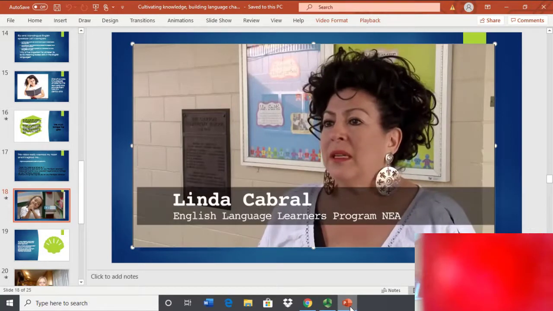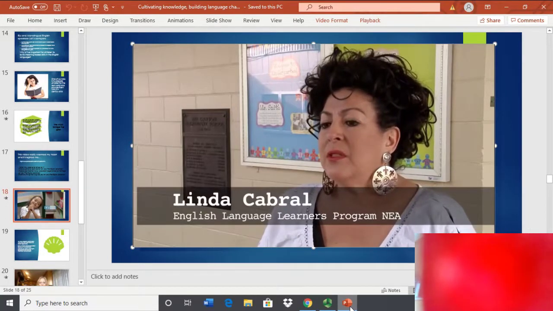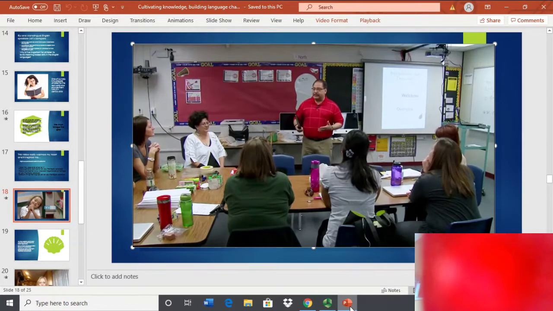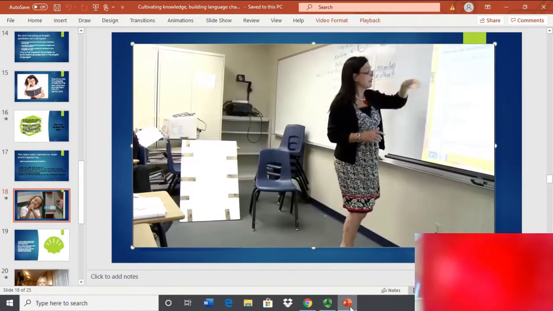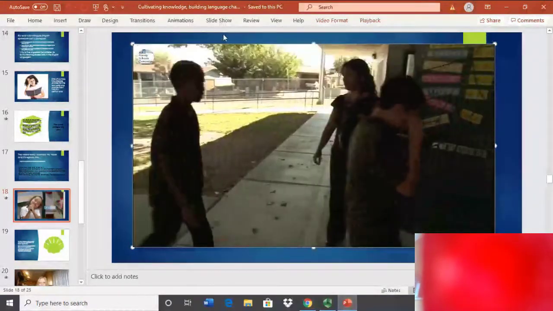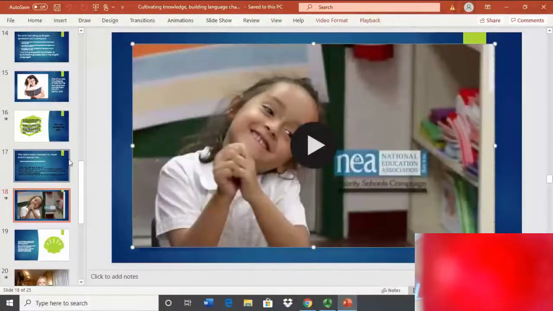NEA has a program that not only addresses English language learners, but it also addresses the culture piece of it and the equity to provide the teachers access for them to be successful. Many of the youngsters are coming in with very limited